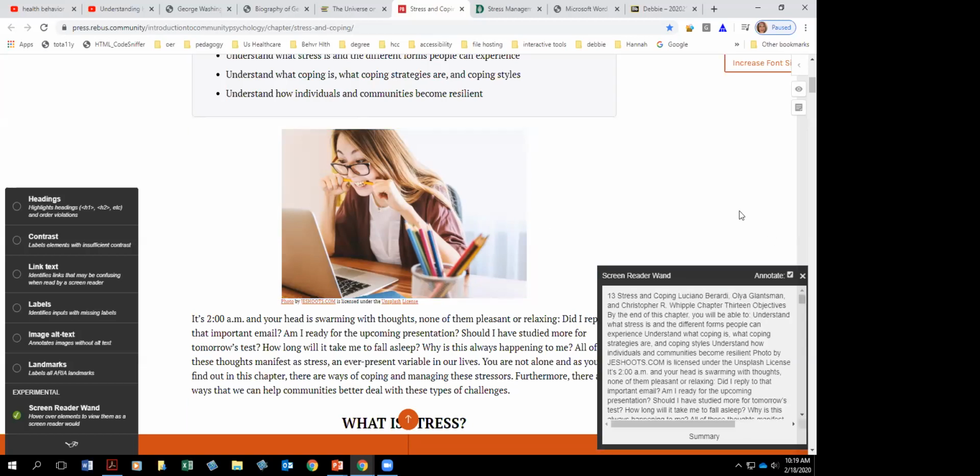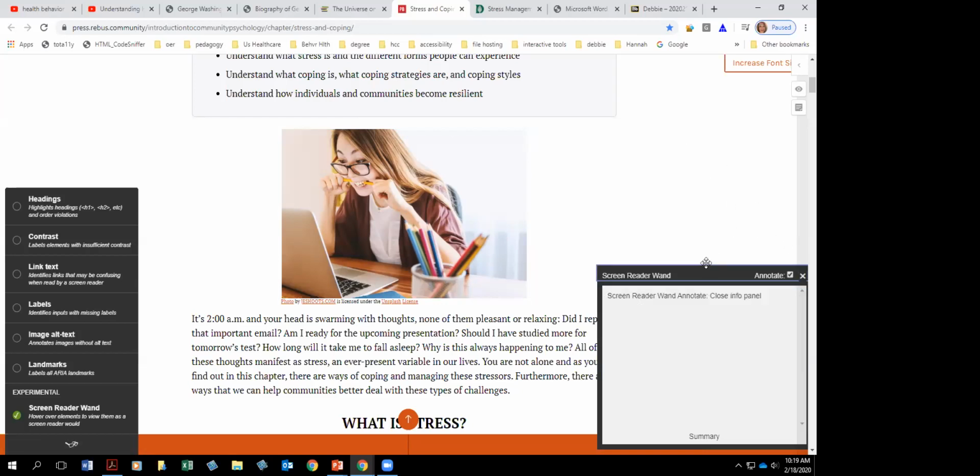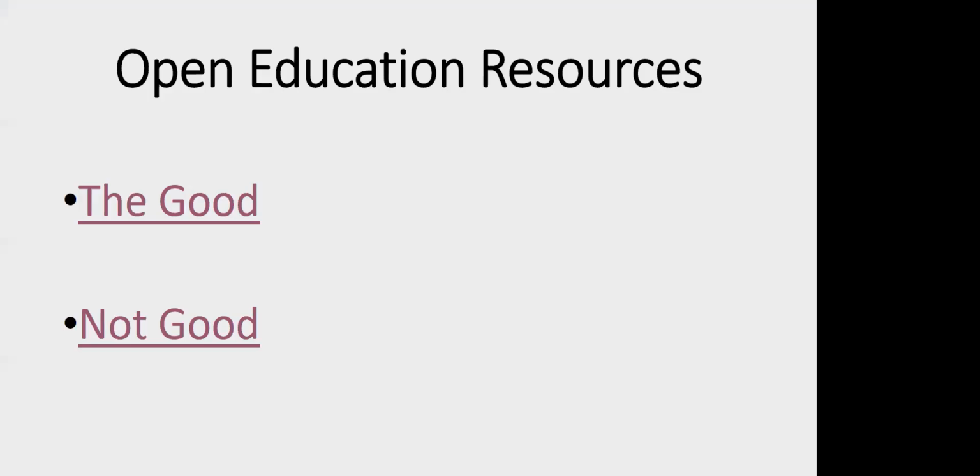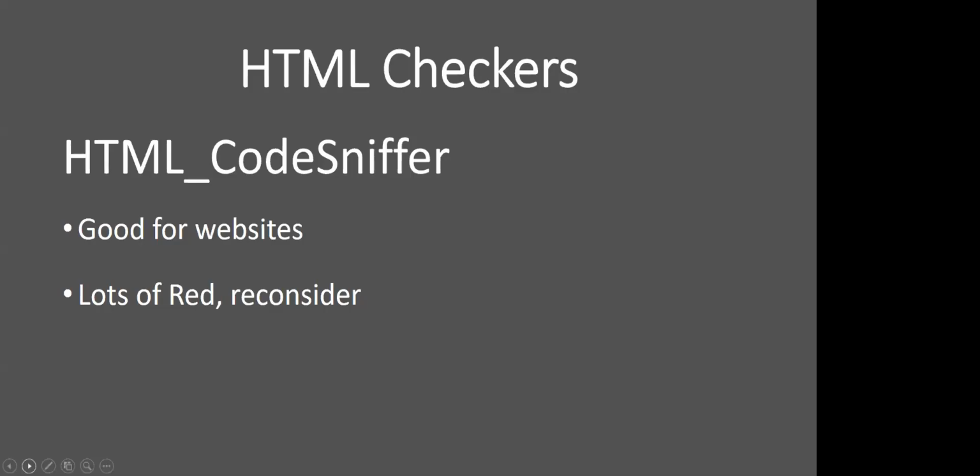Now, there are some other things that we can look at as well in terms of perceivable content. Again, for the open education resources, these are links and you will be able to go in and see them. The other thing that I'm going to show you is HTML Code Sniffer. And again, this is really great for websites. At first, when you use it, it can seem